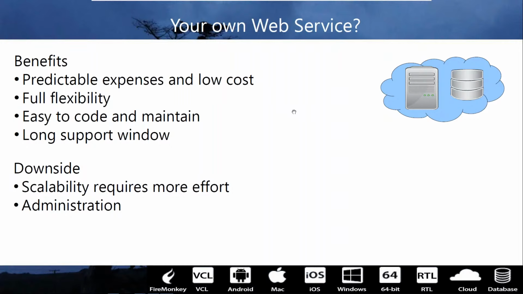The benefit of using your own web service is that you can host it yourself. And that means that you get very predictable expenses, and the cost is actually pretty low. There's some effort involved, which you determine, obviously. But the actual expenses can be like $10 or $20 a month for having your web service run online on the internet. And then you have some code that's easy to use, easy to maintain, and there's also a